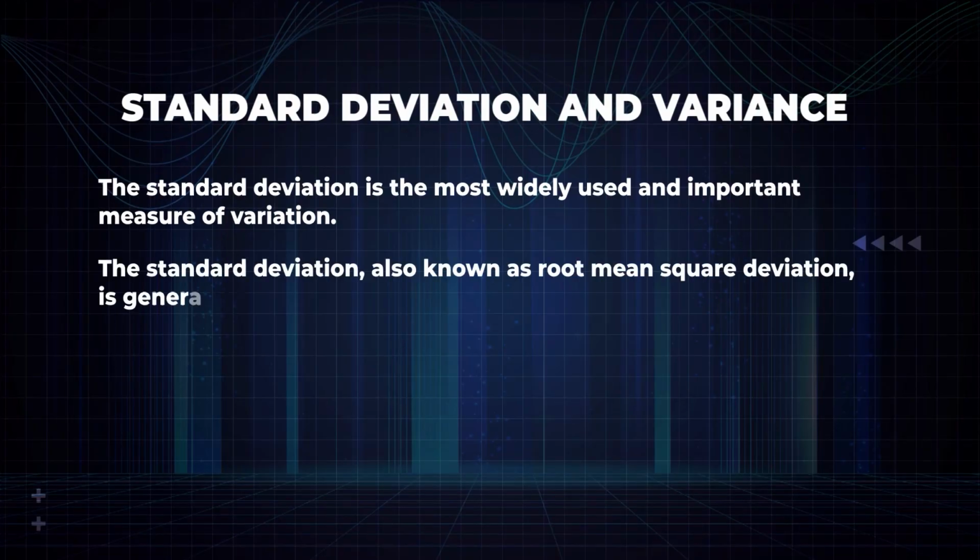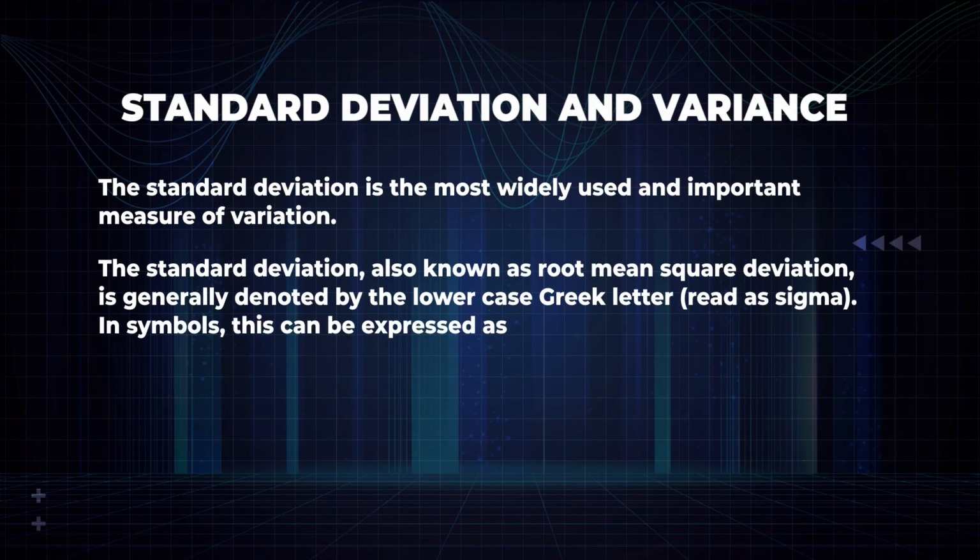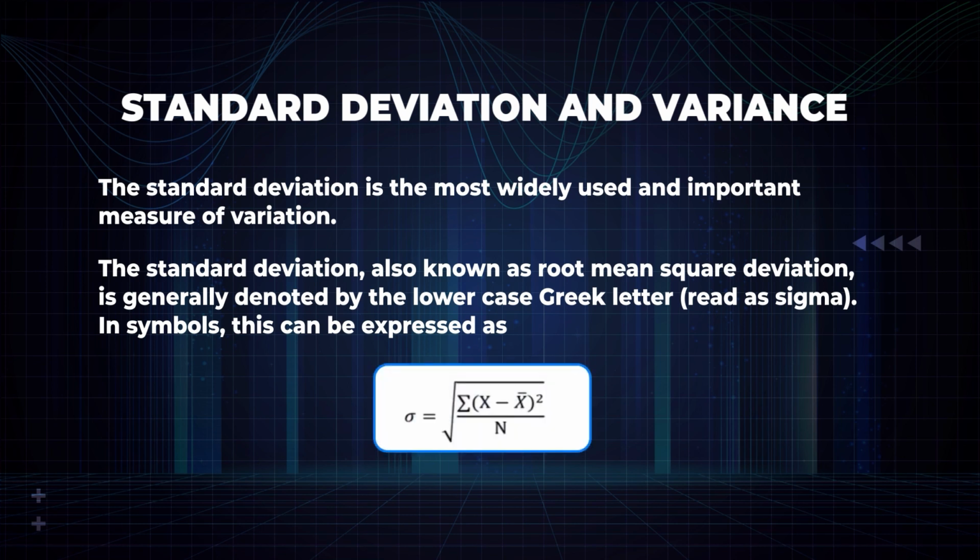It serves as a quantitative measure of dispersion within a data set. It reflects the average distance individual values deviate from the mean. A low standard deviation means the data is clustered close to the mean or average, and a high standard deviation means the data is scattered far from the mean. The standard deviation, also known as root mean square deviation, is generally denoted by the lowercase Greek letter sigma. In symbols, this can be expressed as sigma is equal to the square root of the summation of (x minus x bar) whole squared